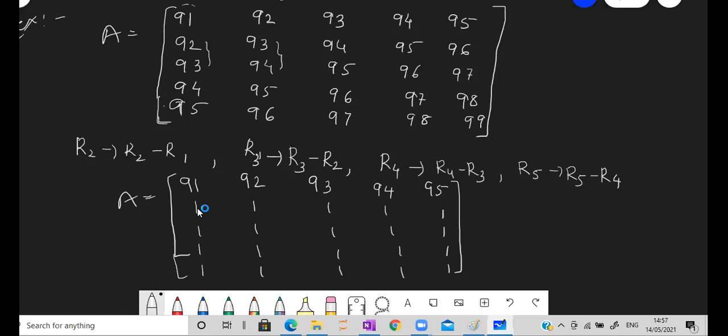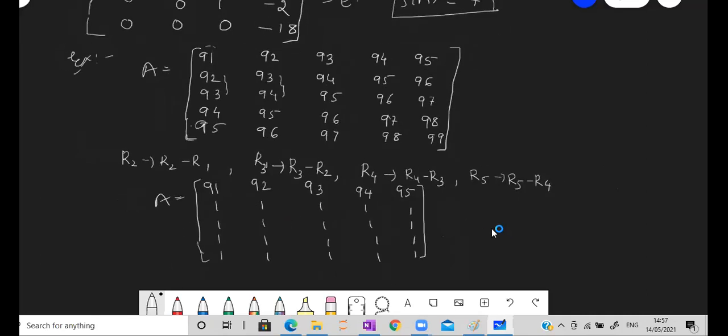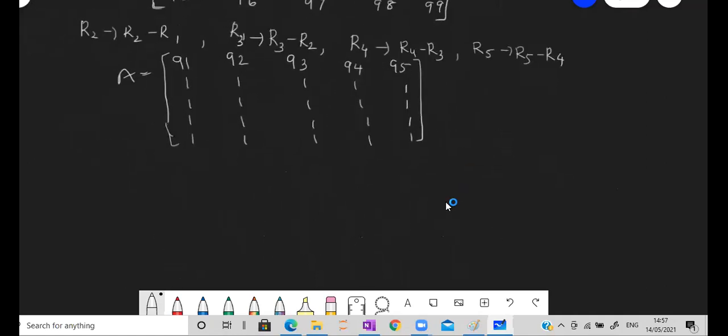Now, can I reduce any row to 0 directly by some operation? See, now the elements are the same, so no need to worry. Isn't it this entire row can be reduced to 0 with the help of the above row? Yes, ma'am. Similarly, this also can be reduced to 0 with the help of this row or this row. No problem. So I'll apply like this. Now, I cannot reduce this second row to 0 with the help of the below row. That will be a wrong operation. That is against the rules.